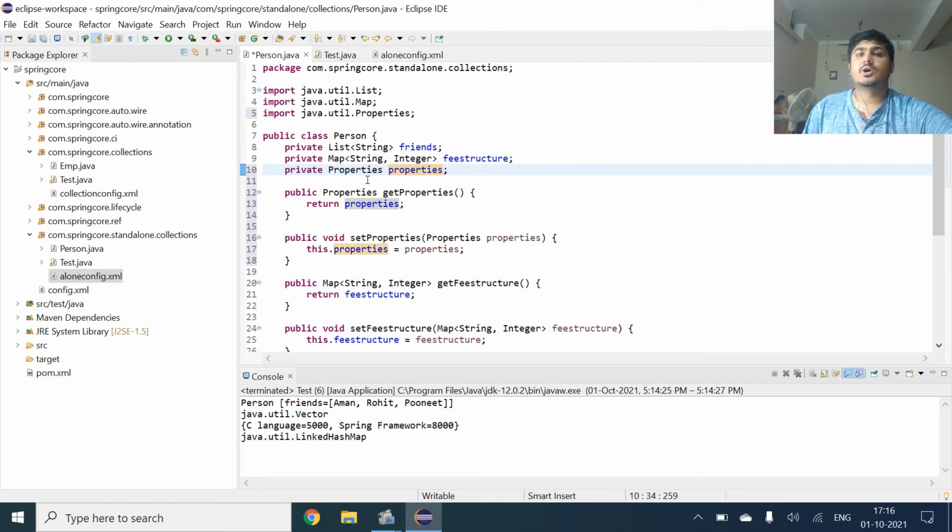So now the getters and setters are created for the properties class.